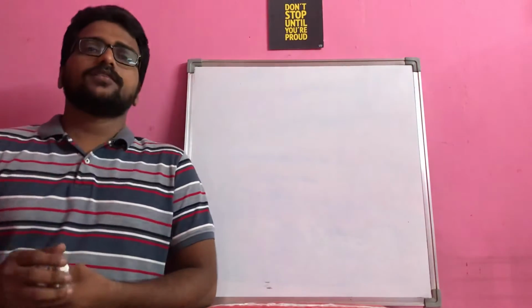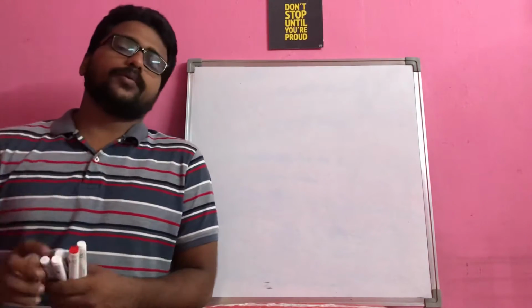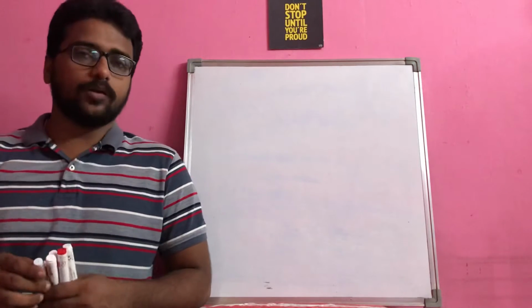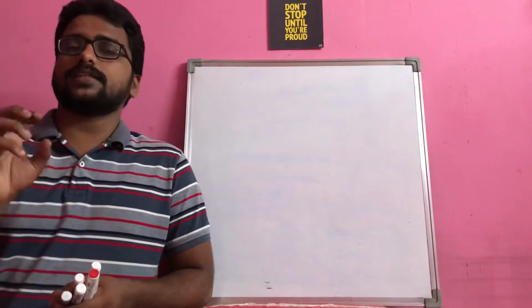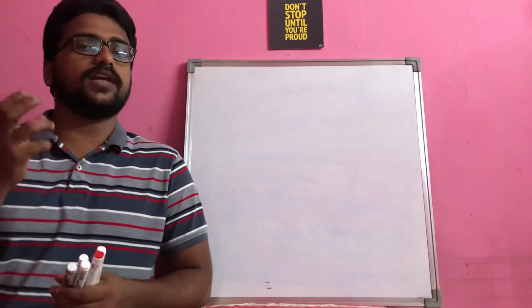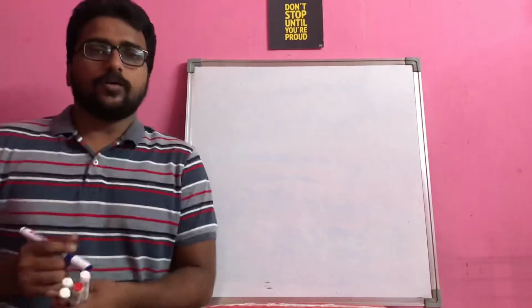Welcome back, viewers. In this video, we are going to discuss a few more word problems based on the relationship between zeros and coefficients of polynomials. And at the end, if possible, I will discuss how to find the zeros of polynomials involving irrational numbers. Right? Now, let us go into the topic.